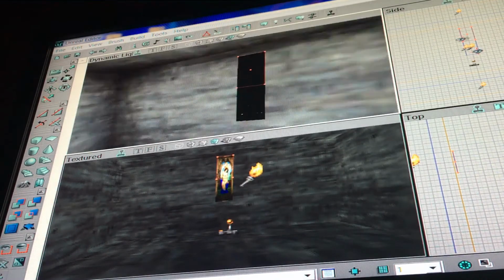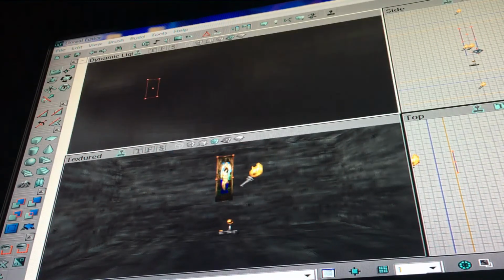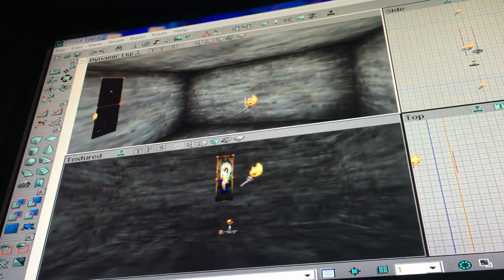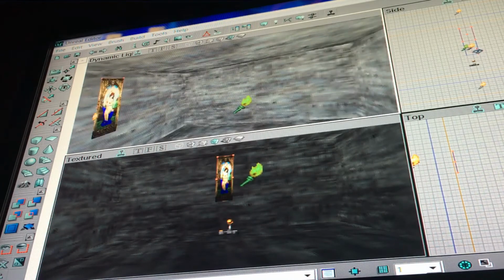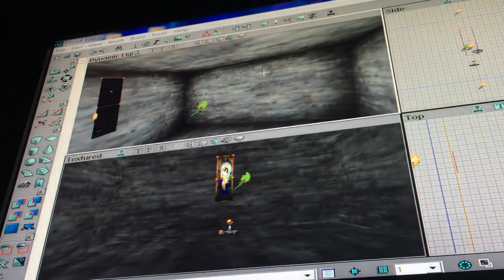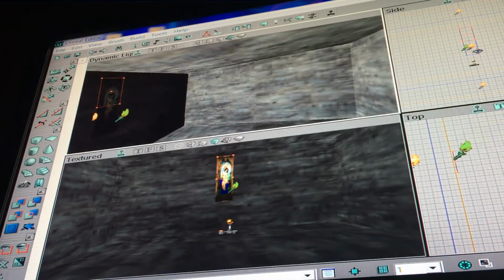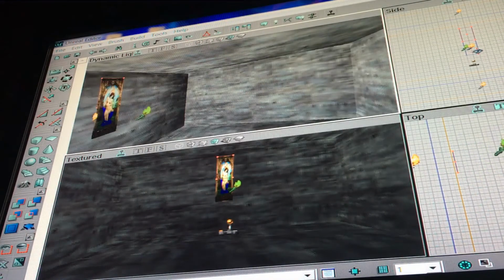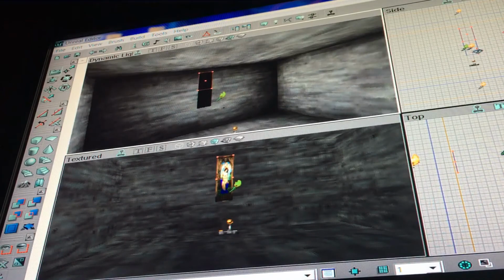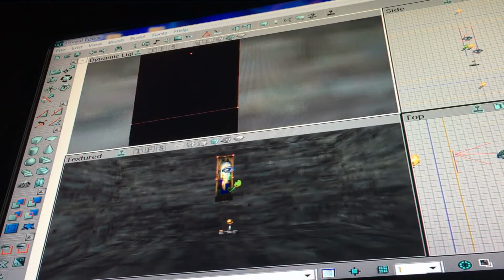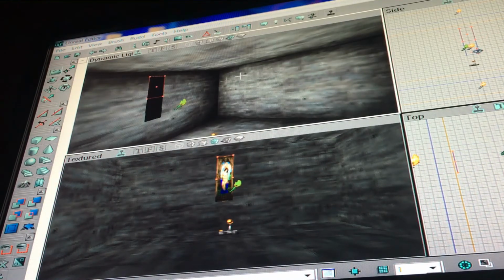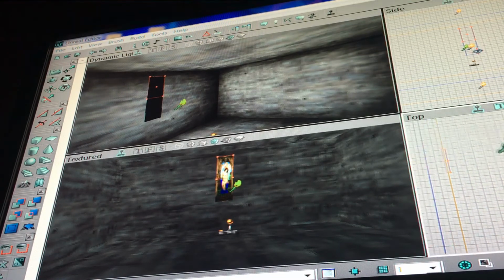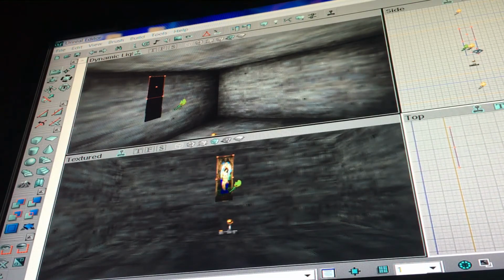Alright, so at the moment, let's put this torch towards it a minute. So see if that does anything. No, it's still black. Still black. Yeah, it's also my editor or something. It's not quite going to the wall. So what I'm going to do is I'm going to try and